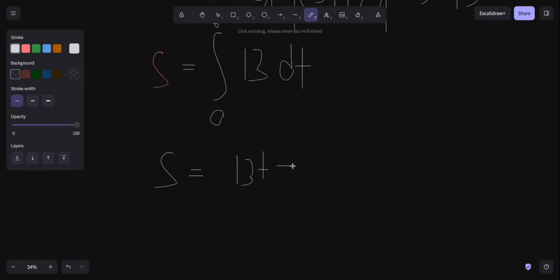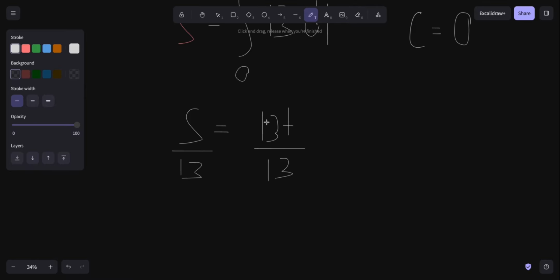Now, of course, there might be a plus c here, but let's just keep things simple, and say that whatever constant we have is equal to 0, okay? Let's just keep things simple. Since we established a relationship between time and s, or distance traveled, or arc length, we can divide both sides